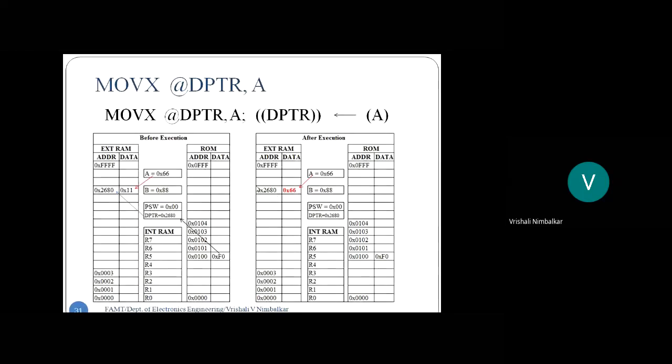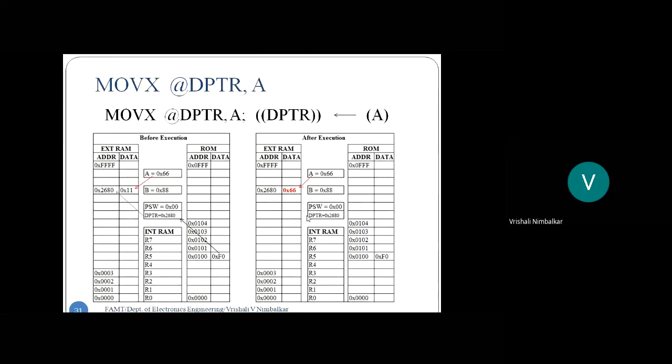This is an external RAM address. And where did the microcontroller get this address from? From the DPTR register. Correct? So F0 is telling the microcontroller DPTR is holding one RAM address, an external RAM address. Go to that address and store the data from the accumulator at that address. Okay, 66. The red color is the data transfer. So from the accumulator, data is transferred to external RAM memory, which was pointed to by DPTR.